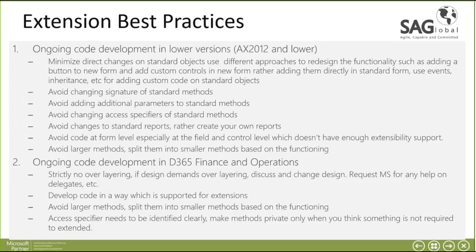Okay, so let me quickly get into the extension best practices, which are already covered. As a best practice, if you are working on ongoing development within 2012 or D365, you should avoid making certain changes, like changing the signatures on the standard method. Even adding additional parameters should be avoided on the standard object. So avoid changing the signature of the methods or even the access specifiers. If a standard method is marked as private, you should avoid changing it to public or protected. If you want report changes, it is better to go for a new report,